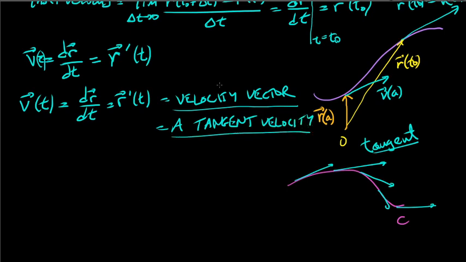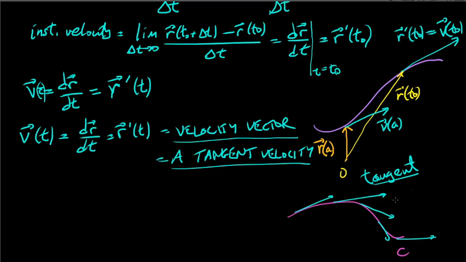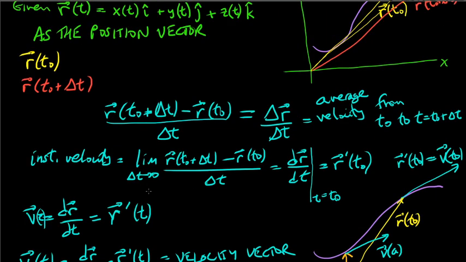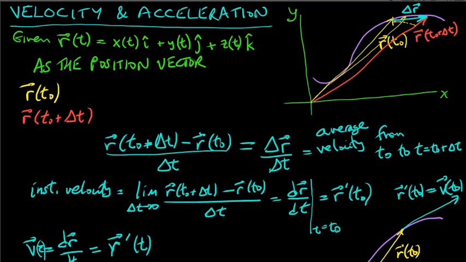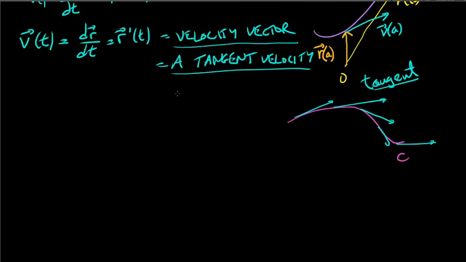So velocity is just a specific example of a tangent vector. But if you want to find any tangent vector, just find the velocity vector, right? By just taking the derivative. Okay, makes sense? All right, so if that's velocity,